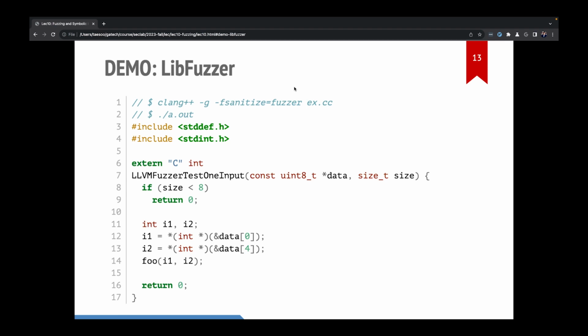And then we have another if statement: if the size is too small, that doesn't even cover the 2 integers we would like to test, we simply ignore it. Otherwise, we convert the first 4 bytes to an integer, and another 4 bytes to an integer as the second argument. And then we invoke the foo function as a result. After that, the entire fuzzer will run and start exploring every single path in the program. And whenever it hits the built-in trap, it will give you a report. Okay? Let me show you how we can actually encode this one